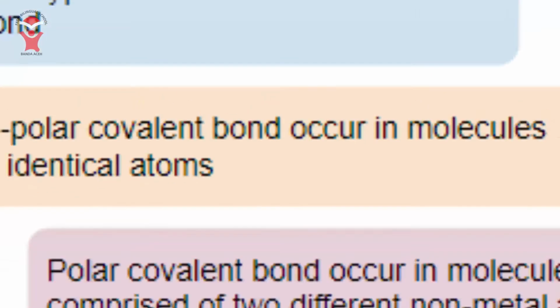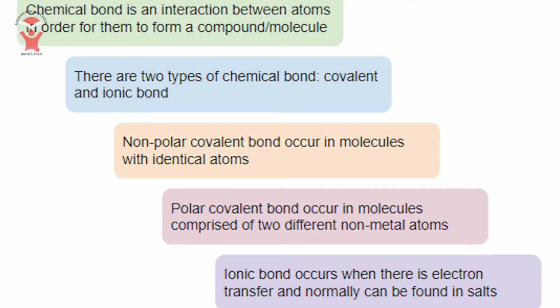To sum up, a chemical bond is an interaction between atoms that glues them together and forms compounds or molecules. There are two types of chemical bonds: covalent bonds, where electrons are shared between atoms, and ionic bonds, which emphasize electron transfer between atoms. A nonpolar covalent bond occurs in every molecule with identical atoms, whereas a polar covalent bond is usually found in molecules comprised of two different non-metal atoms. An ionic bond, on the other hand, is an interaction that revolves around electron transfer and can generally be found in